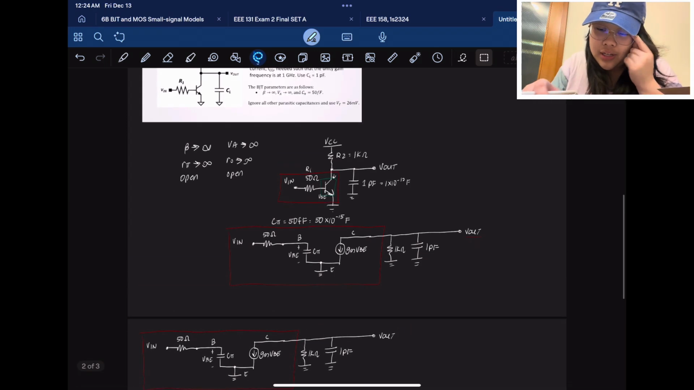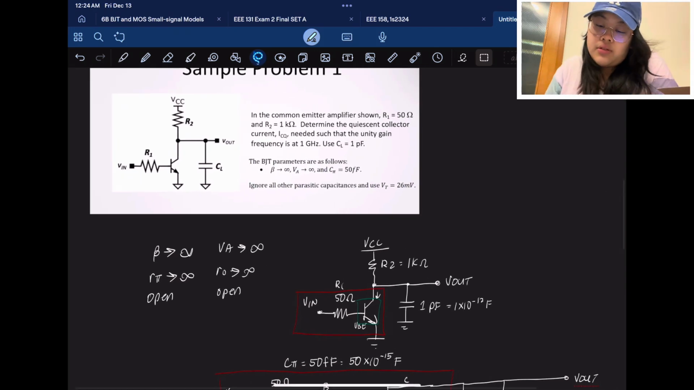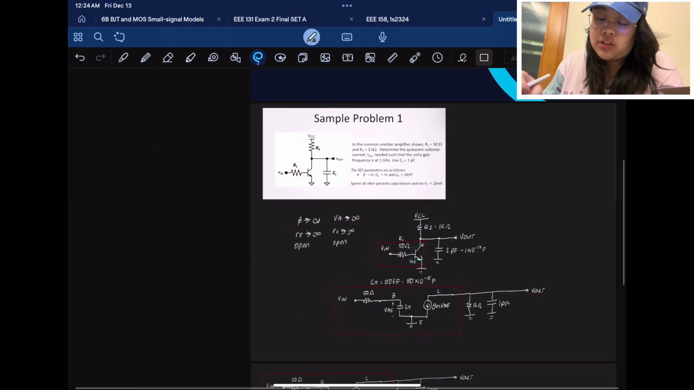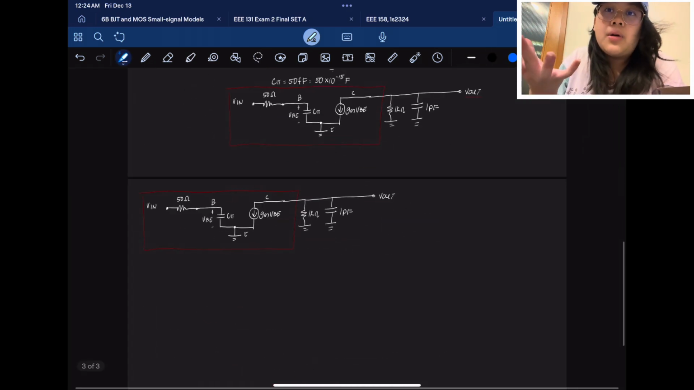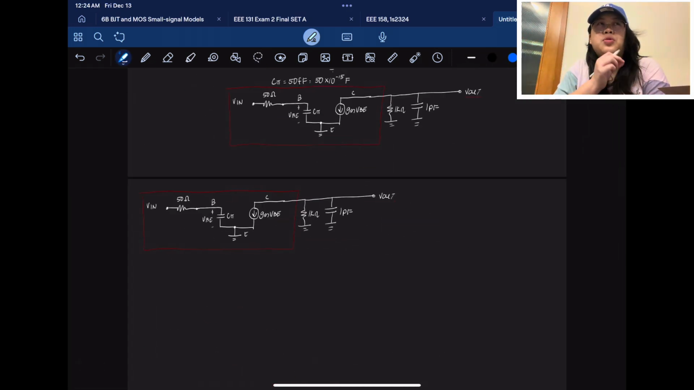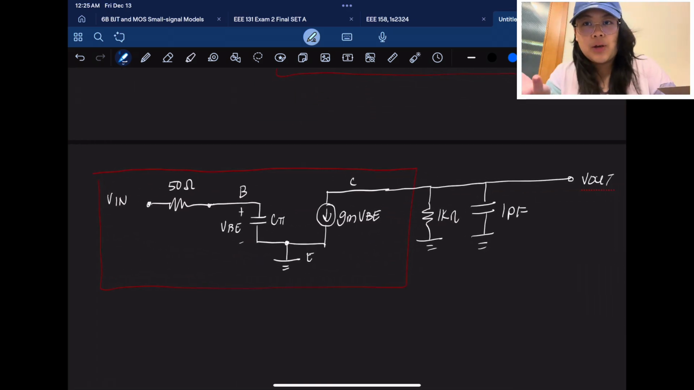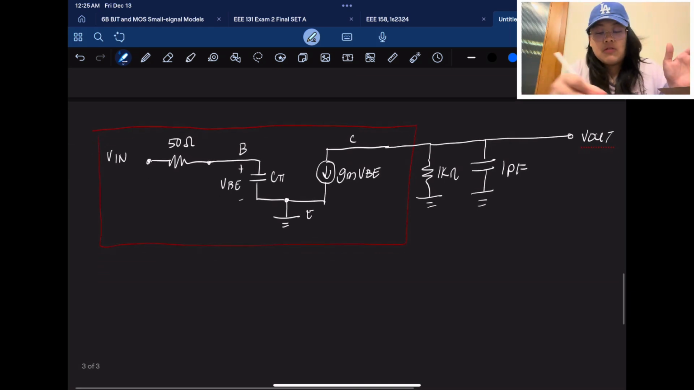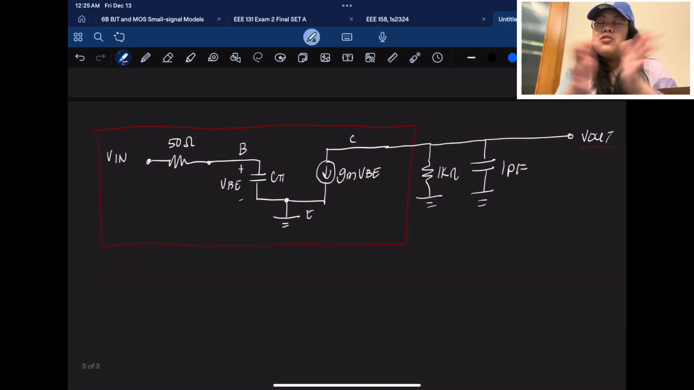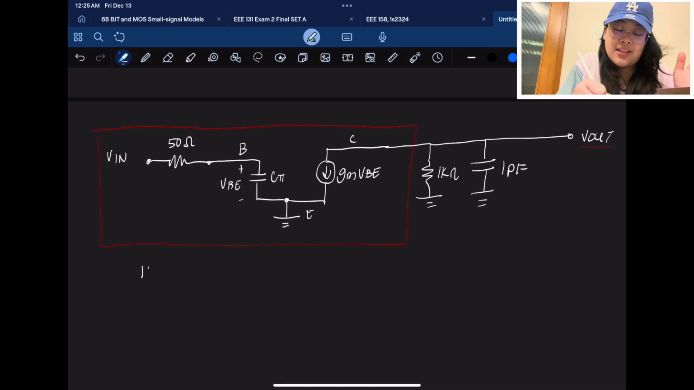What are we looking for really? Determine the quiescent collector current, ICQ, needed such that the unit. So now we already set up our small signal circuit. First thing I want to do is set up equations. So we know, without looking at this first, that the magnitude gain is